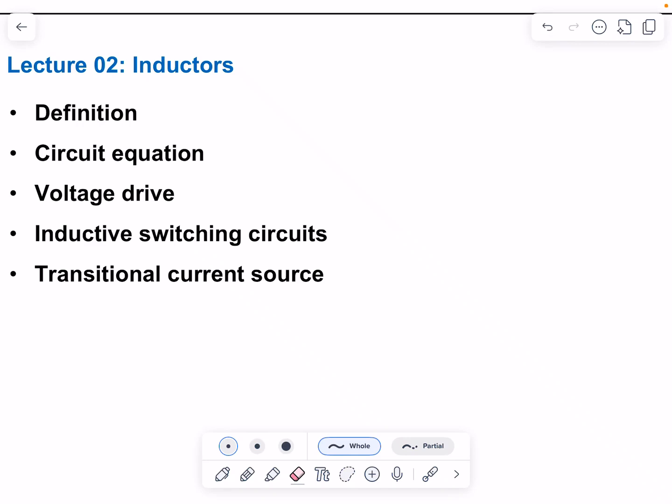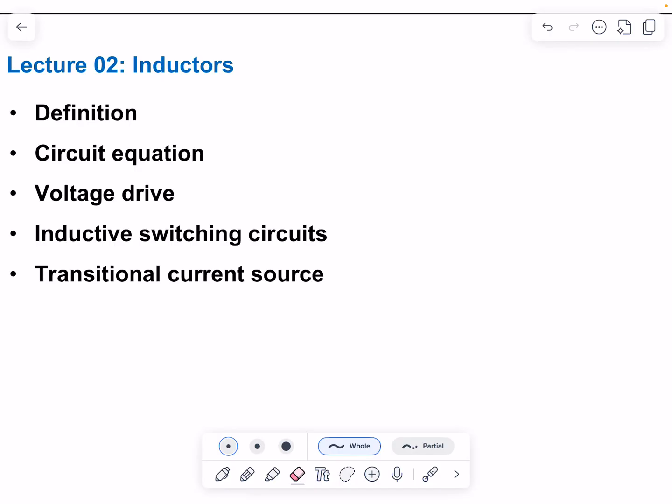Hi everybody, this is lecture number 2 of topic number 2. In this lecture, we will discuss inductors as an energy storage element employed in PWM power conversion circuits. First, we'll review the definition of inductance and Faraday's law, which will provide the circuit equation of an